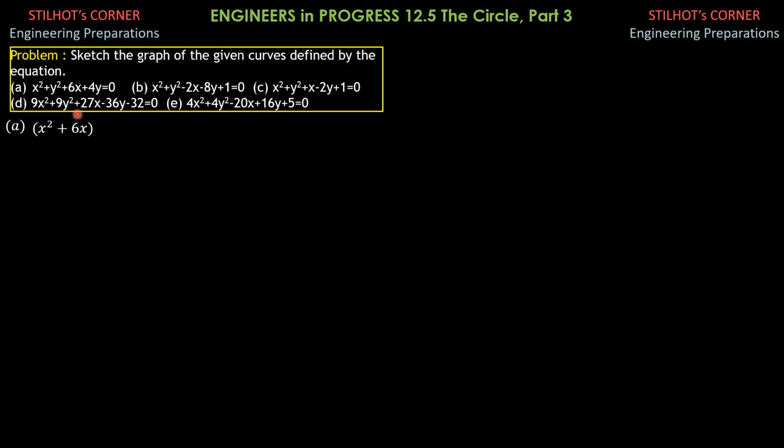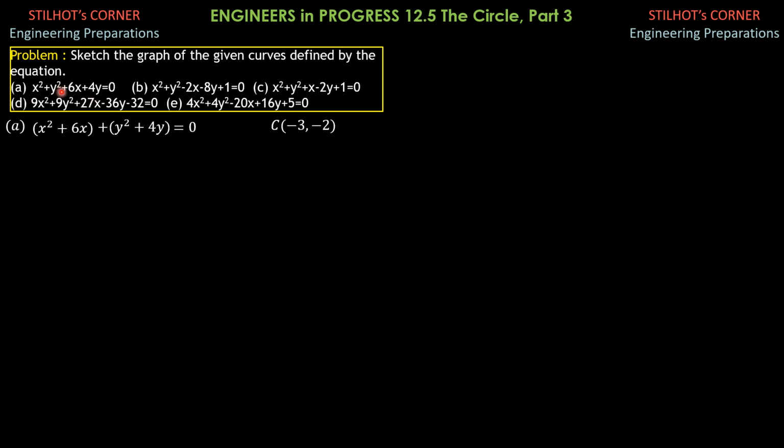But I will also present the other way because this is the supposedly traditional way for you to remember the technique in sketching graphs of circles, particularly in the transition from the general form and transforming them to the standard form of equation of a circle. So x squared plus 6x plus quantity y squared plus 4y. The center is expected at negative 1/2 of 6, so negative 3, negative 1/2 of 4, negative 2.